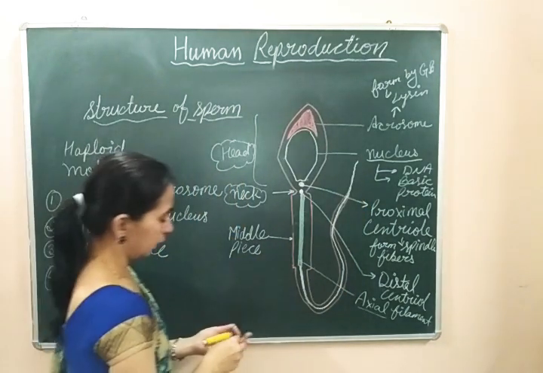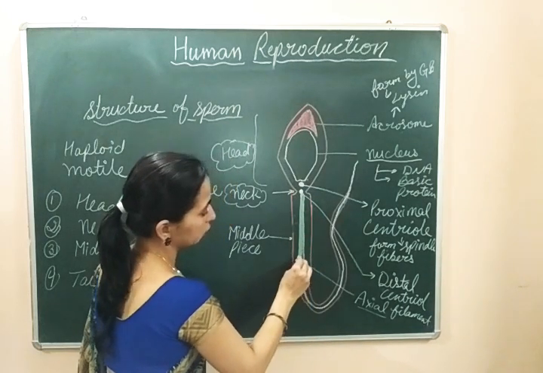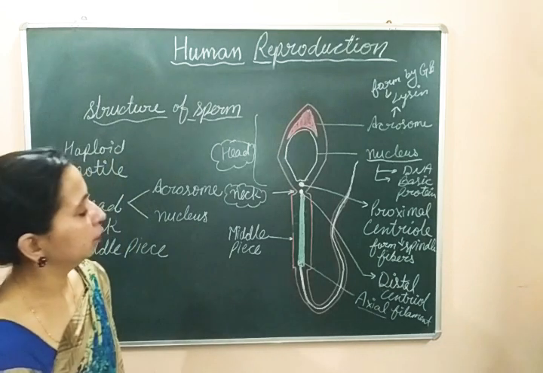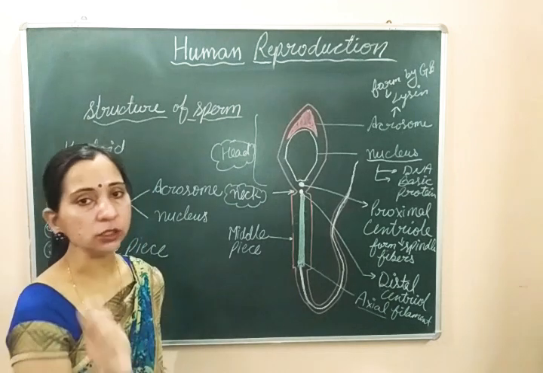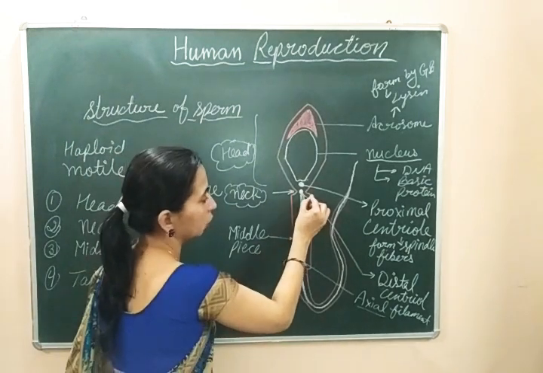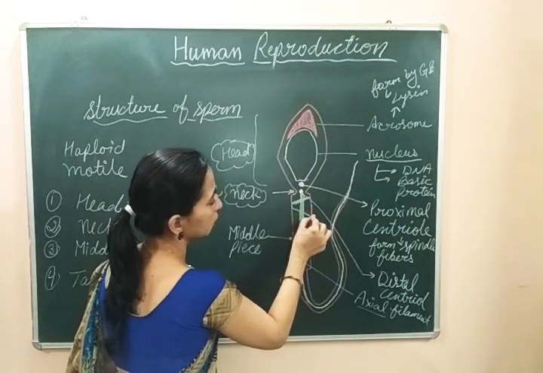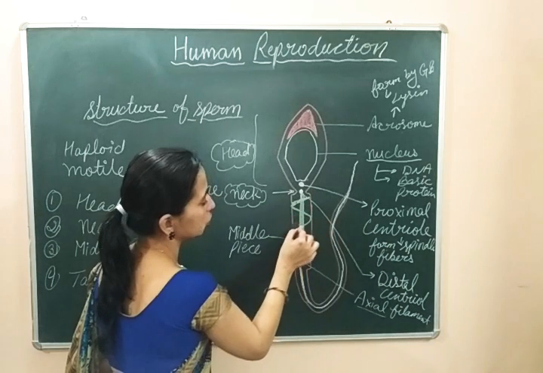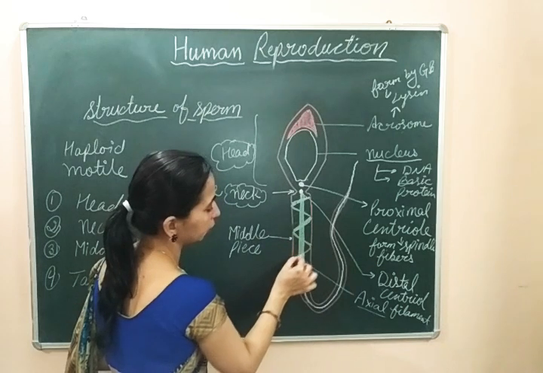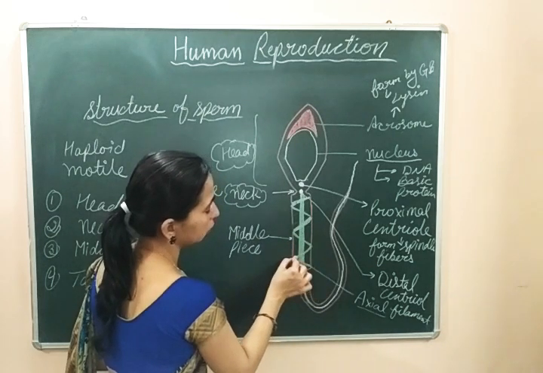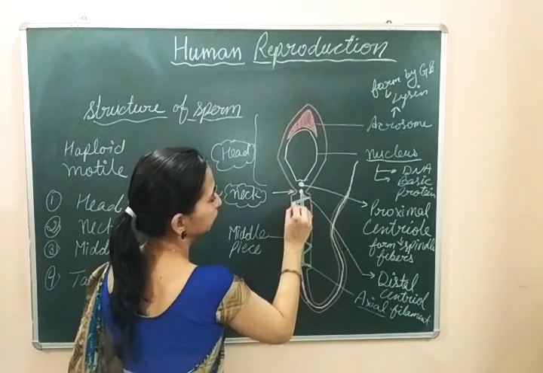It will be present in this tail region, and in this middle piece, one more important thing to see here is that the mitochondria are also present. Here, the mitochondria will form a spiral sheet-like structure. We already discussed that mitochondria form a spiral sheet-like structure in the middle piece region. तो यहाँ पे इस तरीके से they are forming a spiral sheet-like structure. एक spiral sheet-like structure के form में यहाँ पे mitochondria present रहेंगे, and these mitochondria are responsible for providing energy. Their function is to provide energy. Energy देने का काम करेंगे.